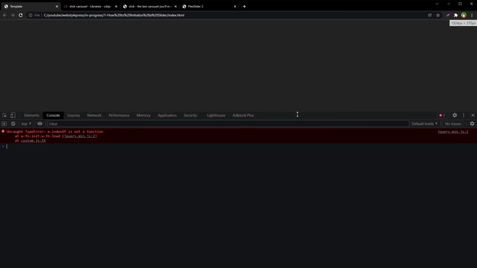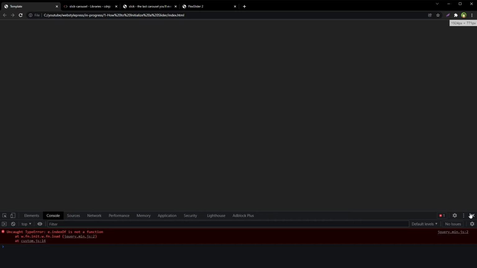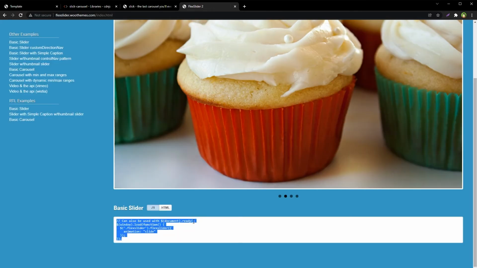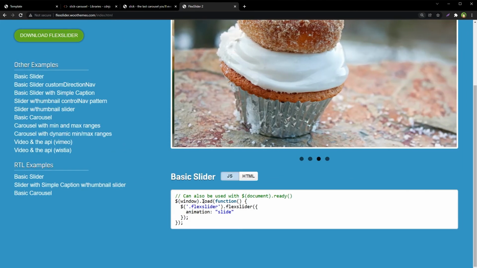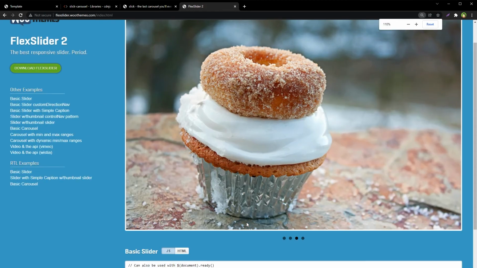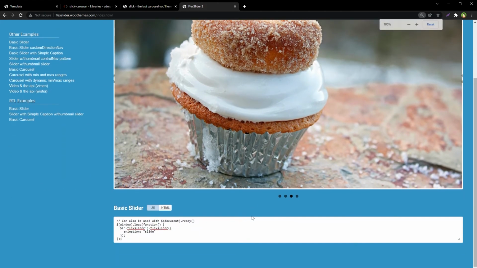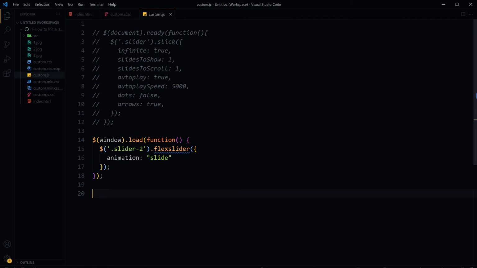In console there is an error, right? But flex slider recommended it like this. You see this window dot load, but this may not work for latest jQuery.